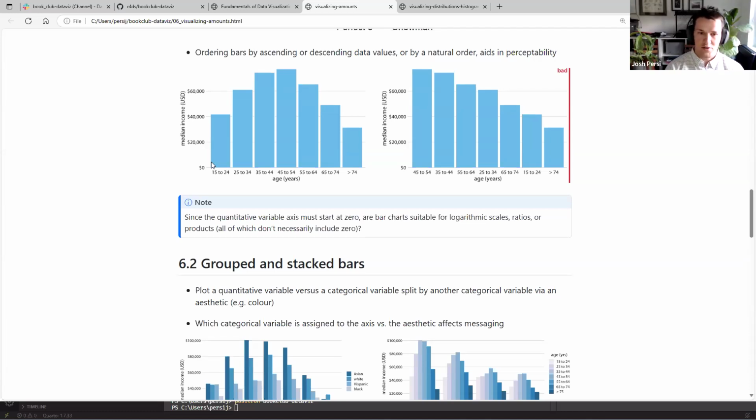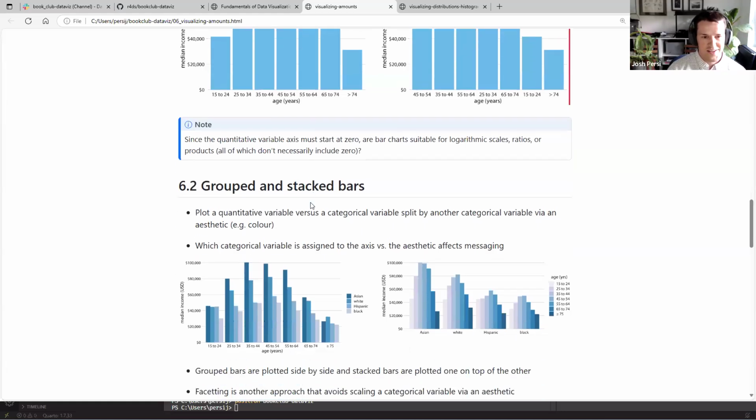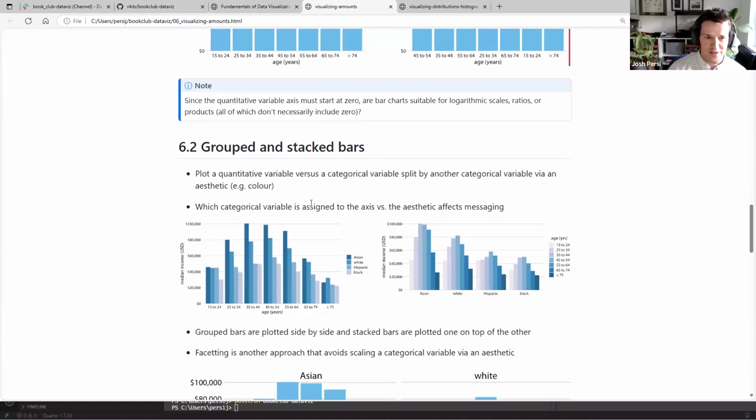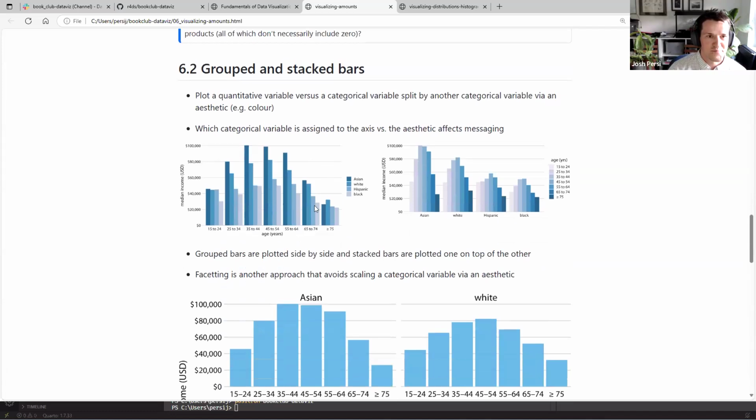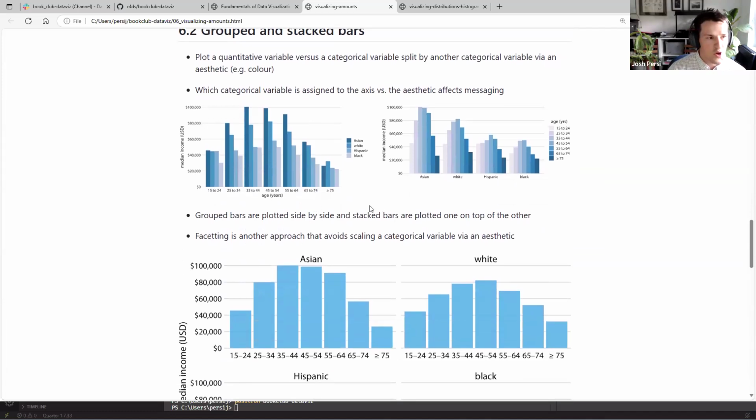But then I was wondering, would a bar chart make sense for something like a ratio that doesn't necessarily start at 0, at least in the way that we use it in the real world? That's a half-baked idea. Maybe we can come back to that if we're really struggling to find something to talk about. But to keep going on with bar charts,